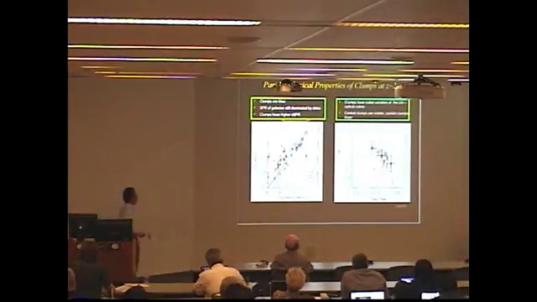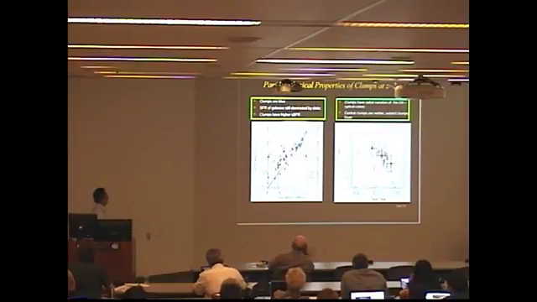Then we pick 10 galaxies from the HUDF, where we have the deepest rest frame UV and optical broadband images. We measure the star formation rate and stellar mass of each clump. Here is the star formation rate versus stellar mass relation. Red are clumps, blue are disks, and black are integrated galaxies. You can see from that plot that the majority of star formation is still happening in disks,